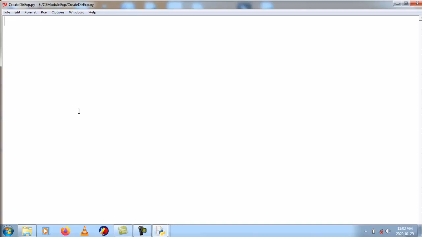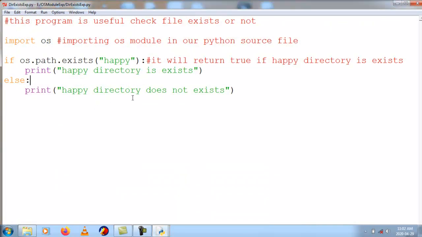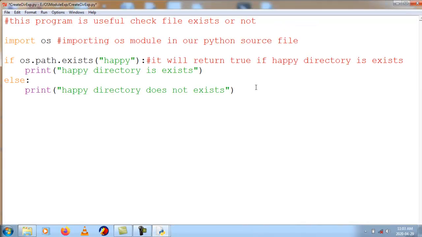To avoid that error, what should I do? I need to check whether the directory exists or not. That's the second thing. So I will use the previous code again here. Copy, and paste here. So import os; this program is useful to create a directory.